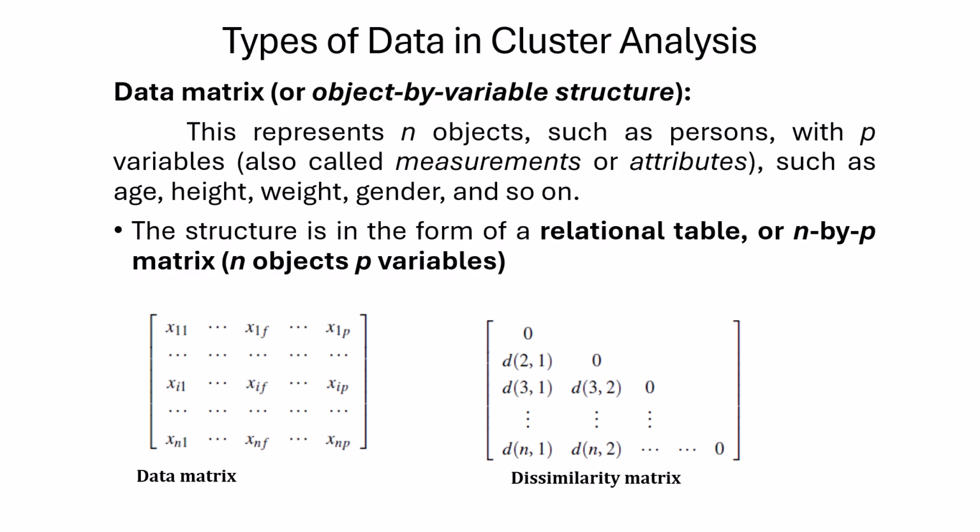In general, d(i, j) is a non-negative number that is close to 0 when objects i and j are highly similar or near to each other, and becomes larger the more they differ. Note that d(i, i) equals 0, the difference between an object and itself is 0. Furthermore, d(i, j) and d(j, i)